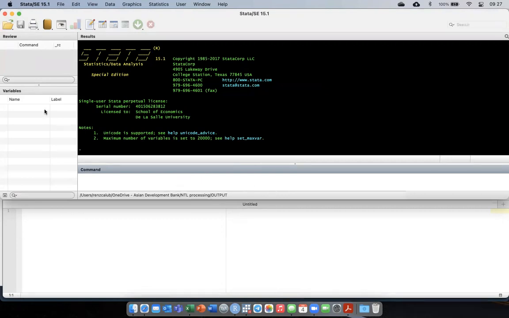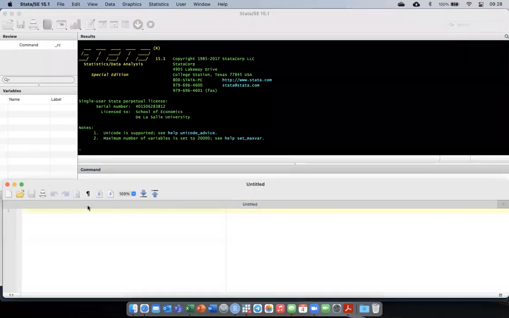When you load the data set, the variables will appear here, right? And whatever you type in this command window will show up here in the review window, right? Advanced users of Stata would normally just look at the do file editor window and results window, so basically interchangeably, right? So let's try to load a data set in